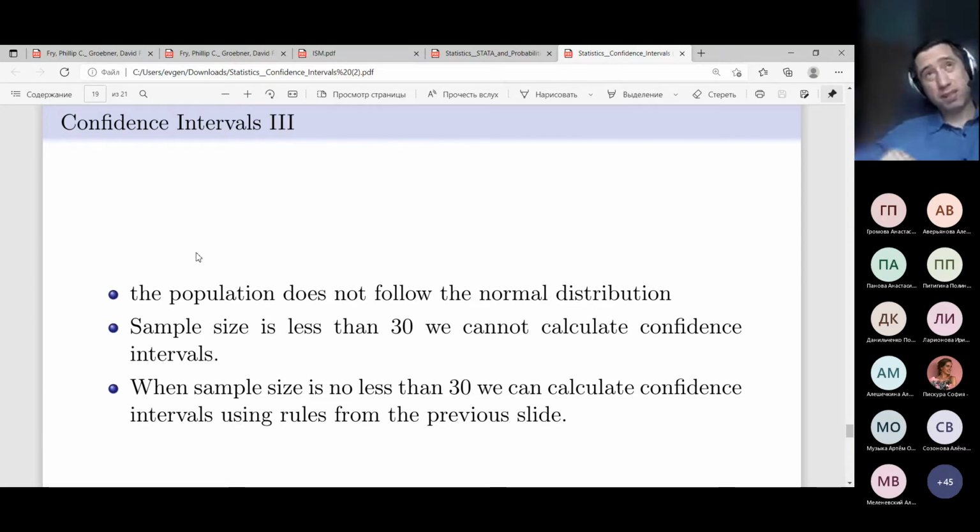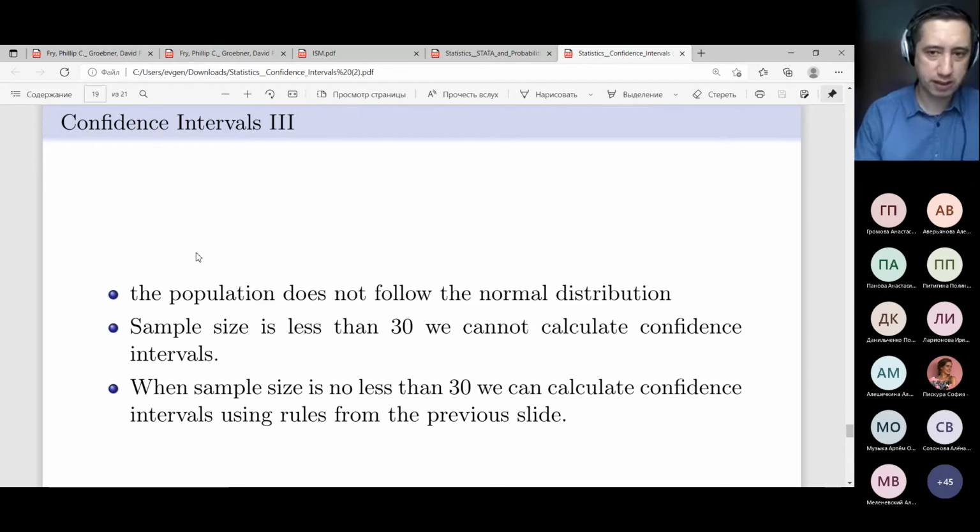To be honest, your textbook states this, but I a little bit disagree with the textbook because for sure a sample size of 30 is too small. And I would say that if your sample size is large, for example, 1,000 or 2,000 cases,